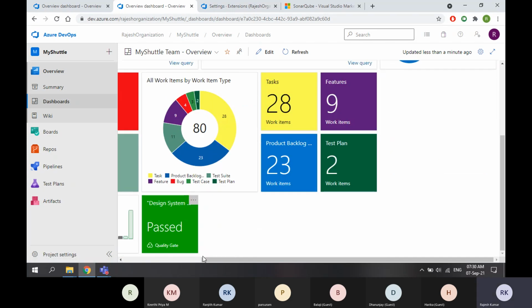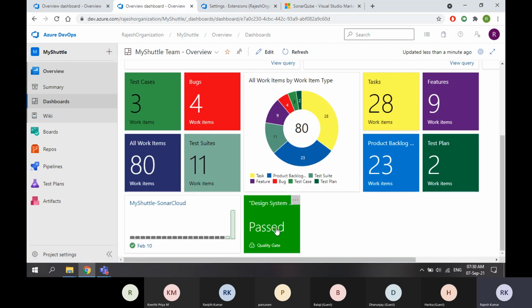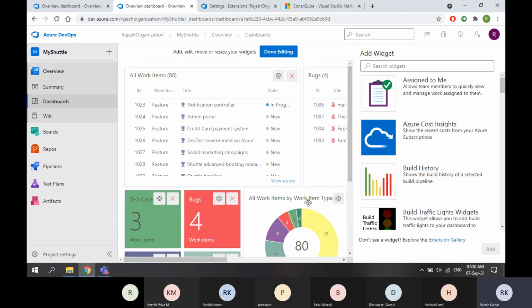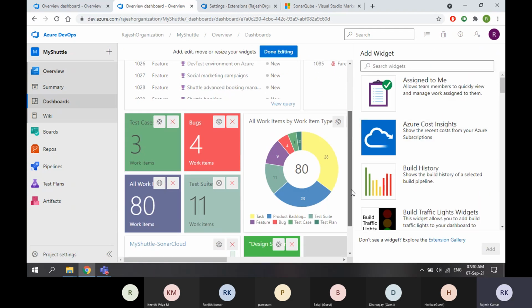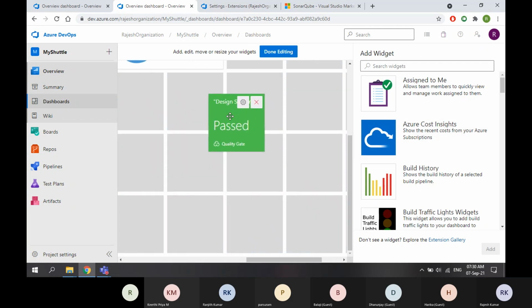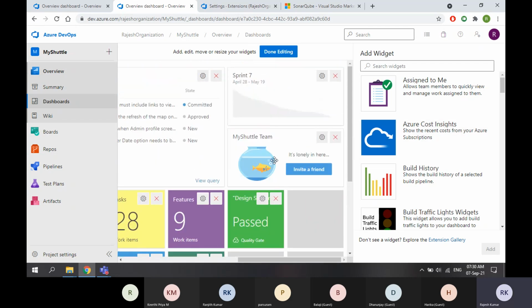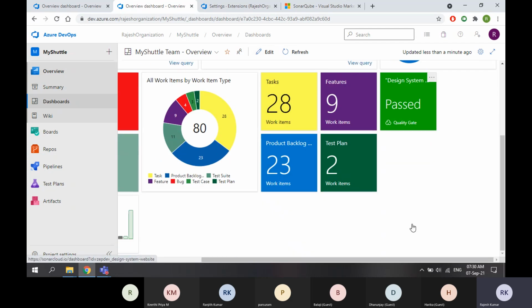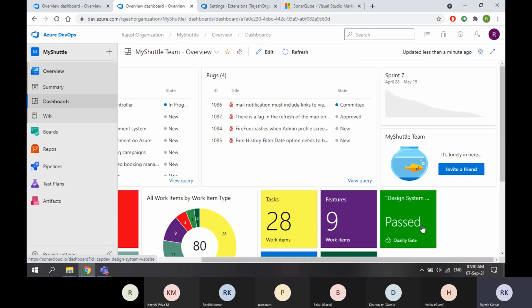Now this is very low; I'm not able to see this. Why? Because this is under. Now I can change the placement. I can keep it here and click done editing. See, now it is displayed on the page itself. You can drag and drop whatever you want to display on top.